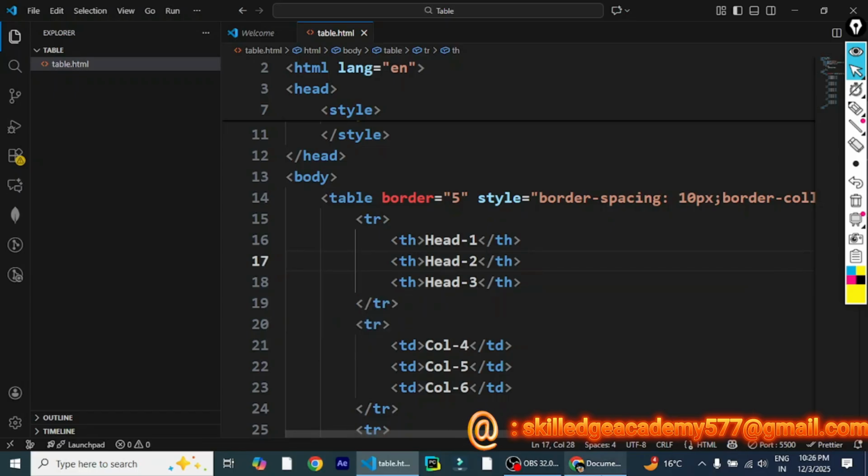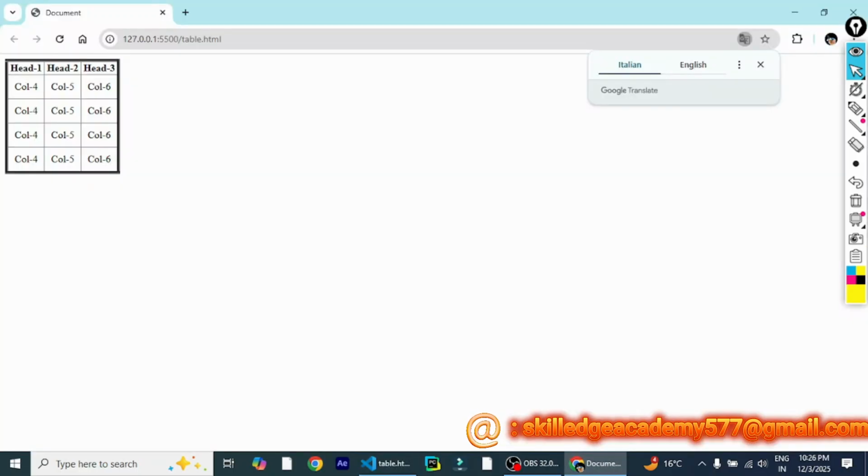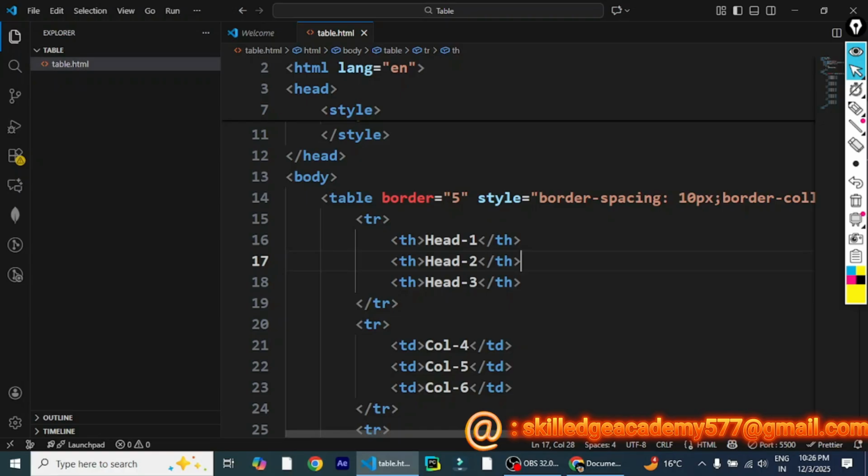Now if you go back to this, you can see that the first row of the table has now been converted into heading style by using the th tag. So for the heading row, all the columns could be defined instead of using td, you can use th. So the th tag is basically used to define the heading cell or heading